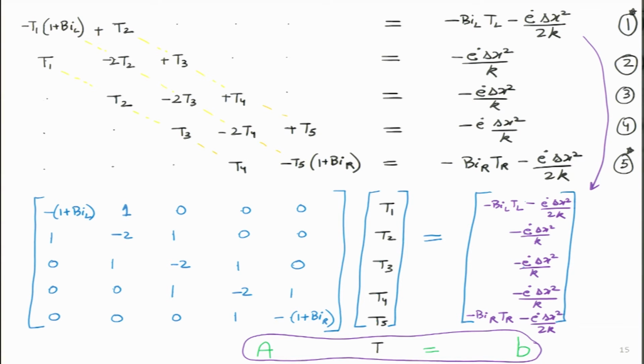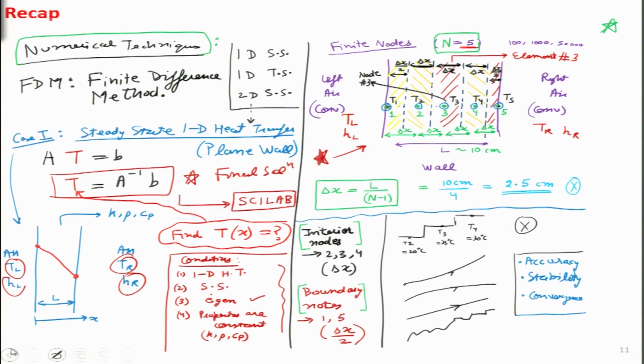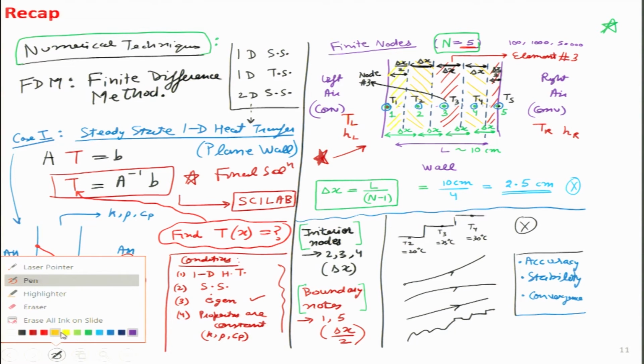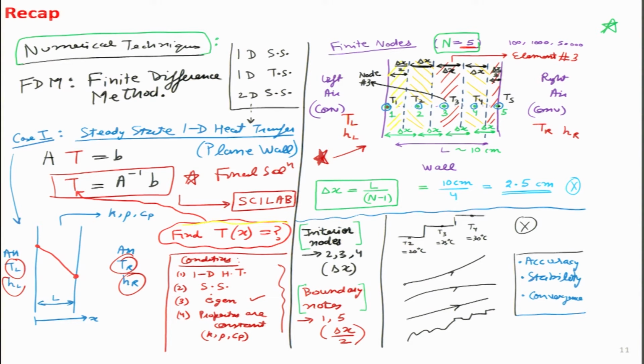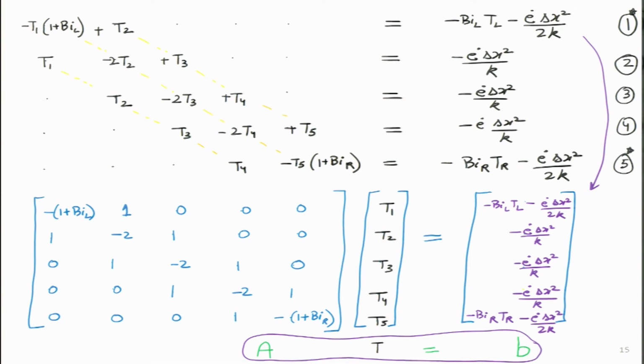And if you remember, should I go back, or we should spend a little more time over here? Maybe we will go back very quickly and then come back over here. So, we started this whole exercise for this particular chapter with the motivation that we want to find temperature at various x points, and I had given the hint that we are just solving this particular matrix over here. So, T is simply A inverse into B. All these yellow circles that I have made, these are the things that we had done in the previous lecture, and now we go back to our matrix, which is very beautiful over here, and let me put a yellow mark over here that this is actually our solution.